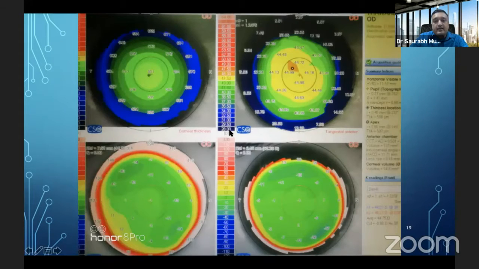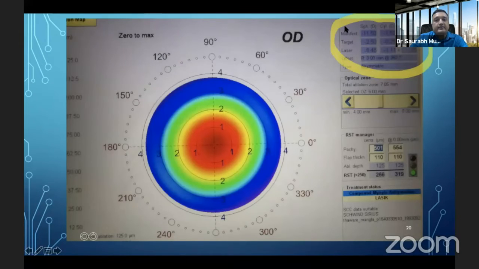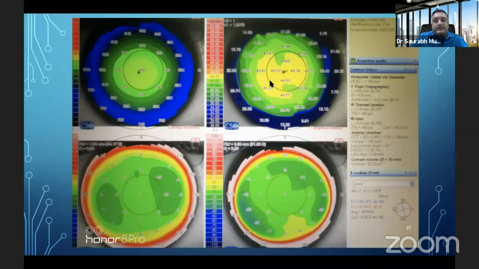Another absolutely normal looking case, where anterior and posterior elevations are normal and thickness is very good, but the number is again extremely high, almost -12. There will be people who will say, okay, we will operate -9 and leave -2 like that. I suggest, in the era of ICL, clear lens exchange, SMILE procedures and all other bladeless procedures, don't take such headaches. So better avoid such cases.